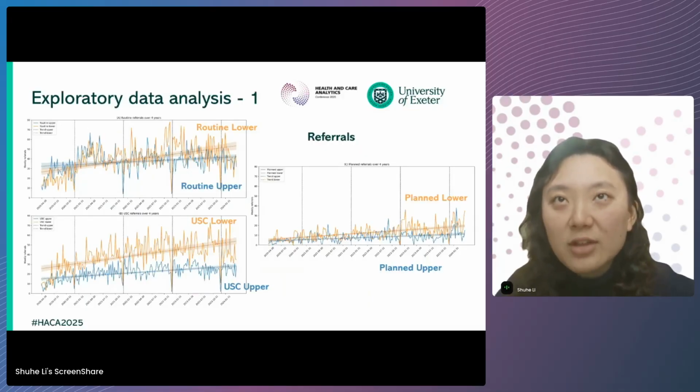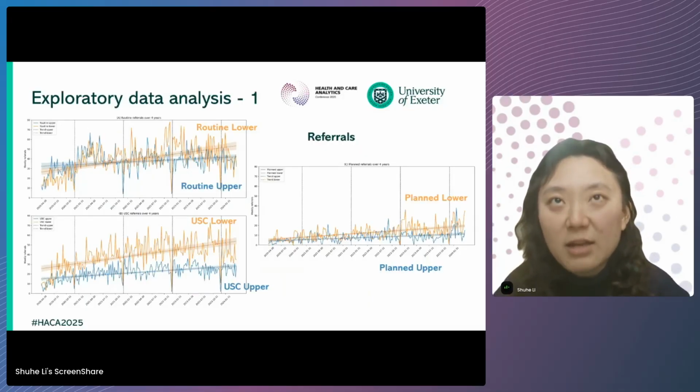Next, we conducted exploratory data analysis on the operational data collected by the Torbay and Devon Trust from 2020 to 2024. As shown in the figure, the blue lines are the upper GI referrals, and the orange are for the lower GI referrals. We can see the routine lower, routine upper, and also urgent lower referrals were the three